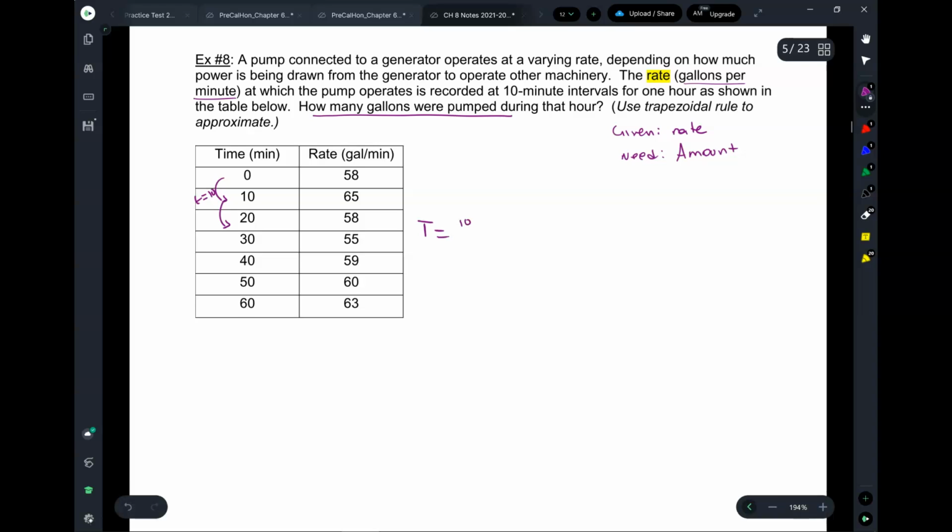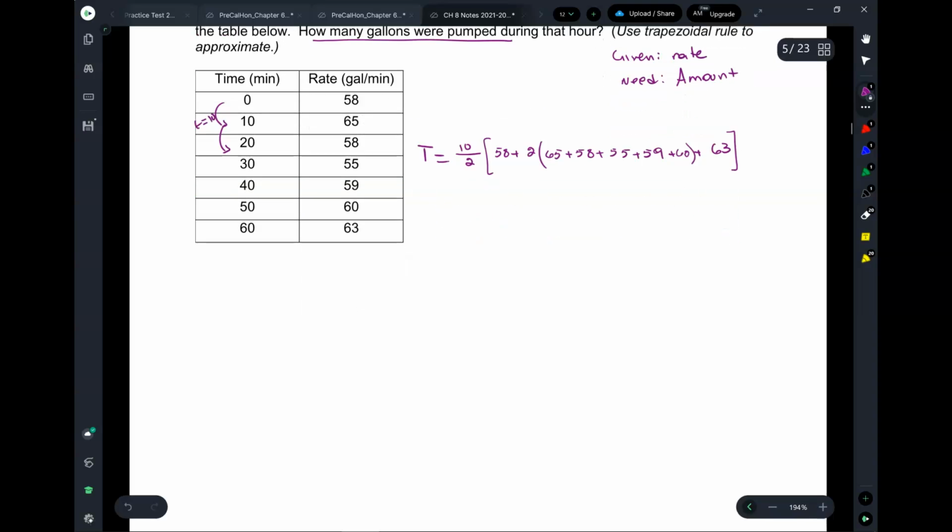So it's going to be height divided by 2 times 58 plus 2 times all of these, 65, 58, 55, 59, 60, and then 1 of 63. Is it trapezoidal rule? Yep. Okay. And it will come out to